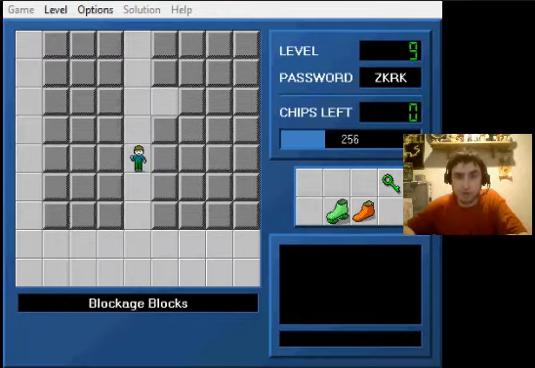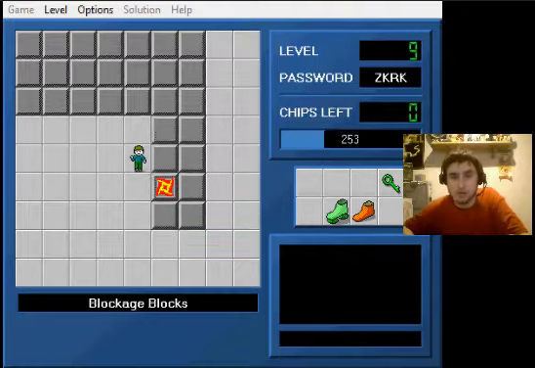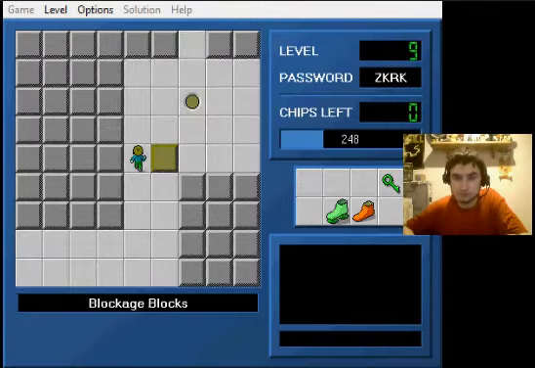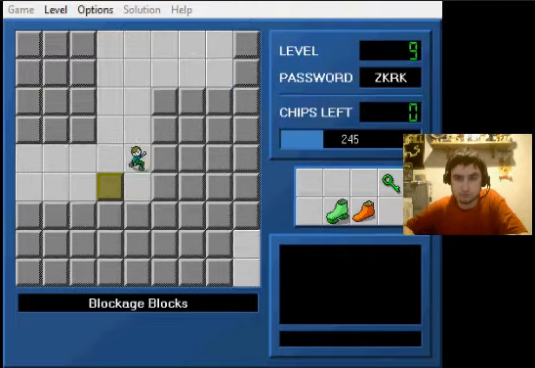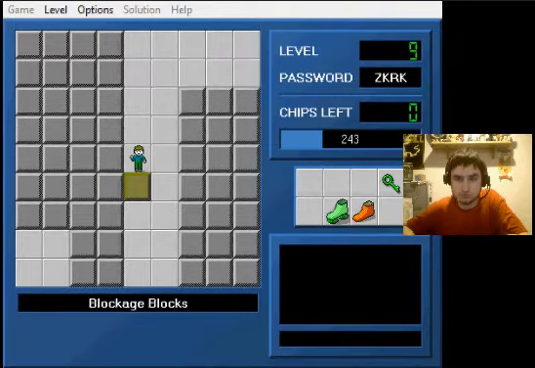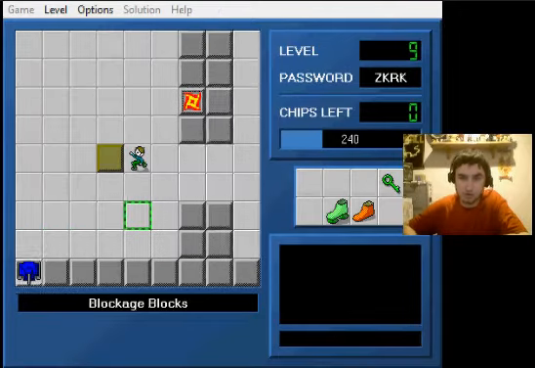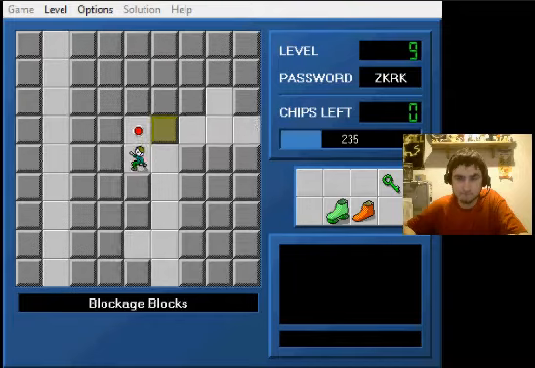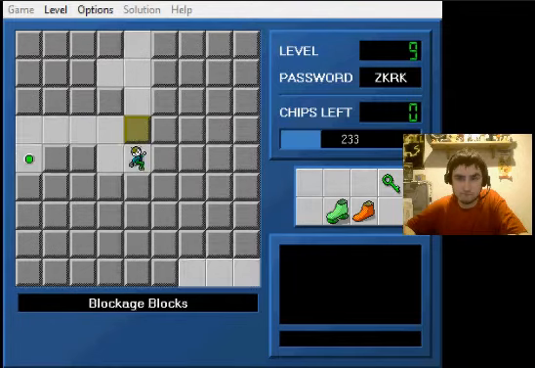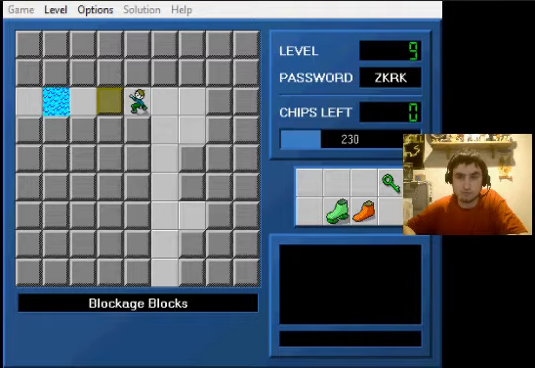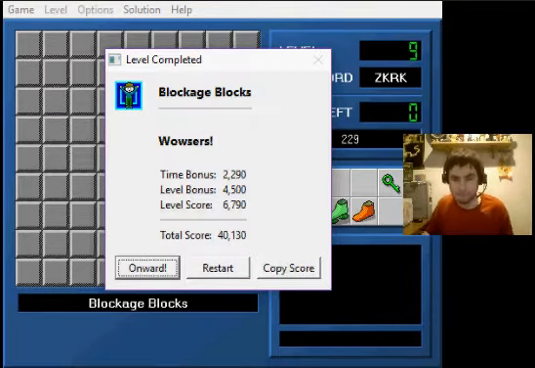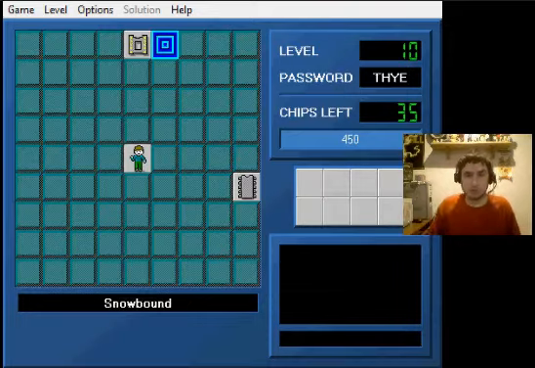Alright, I think that's one block left I have. Ugh, man. Alright, get this last block. And move on. And that is blockage blocks, everyone. That being said, we're going to end it off right here. As much as I want to play a blue wall maze level, I'm going to end it off right here